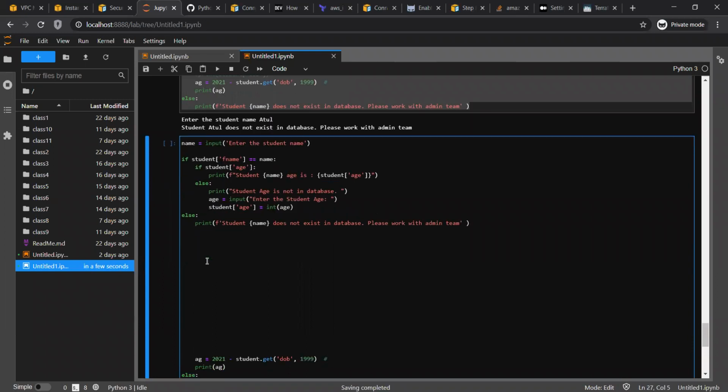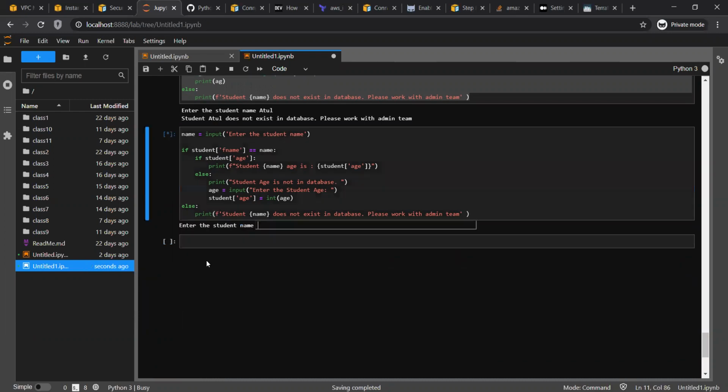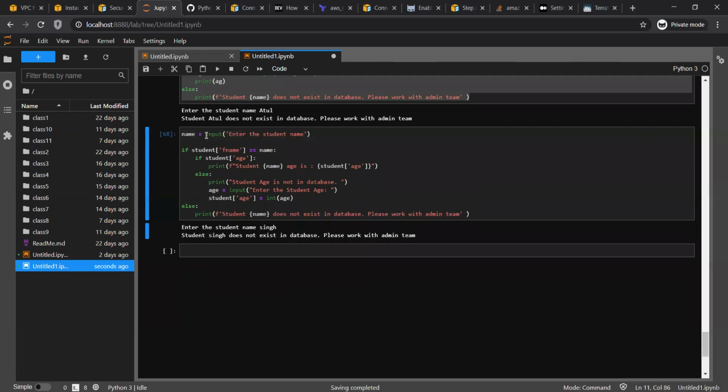Okay, so let's see how this works. The very first time when I run it, it is asking enter the username. As soon as I enter any name, it checks at the very first level, in the first statement.